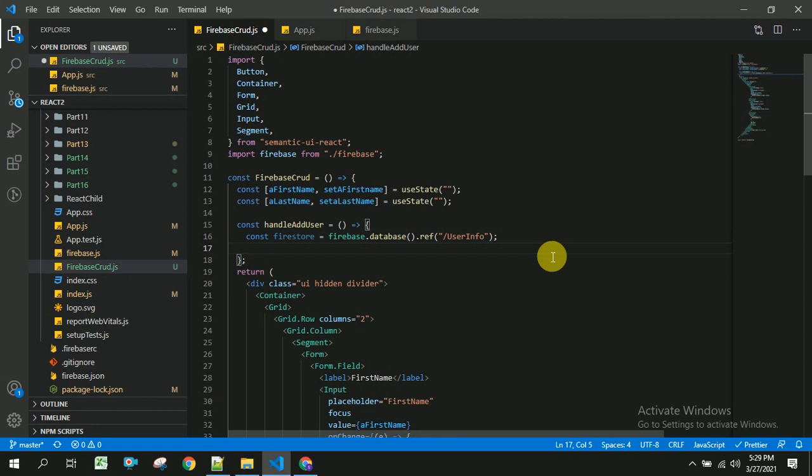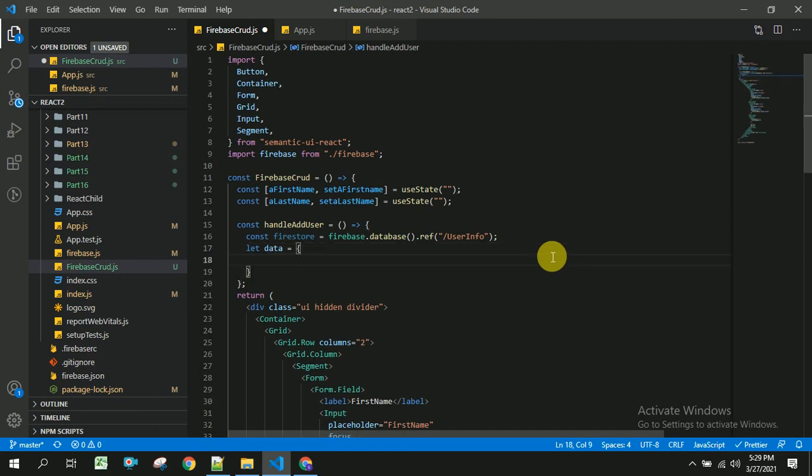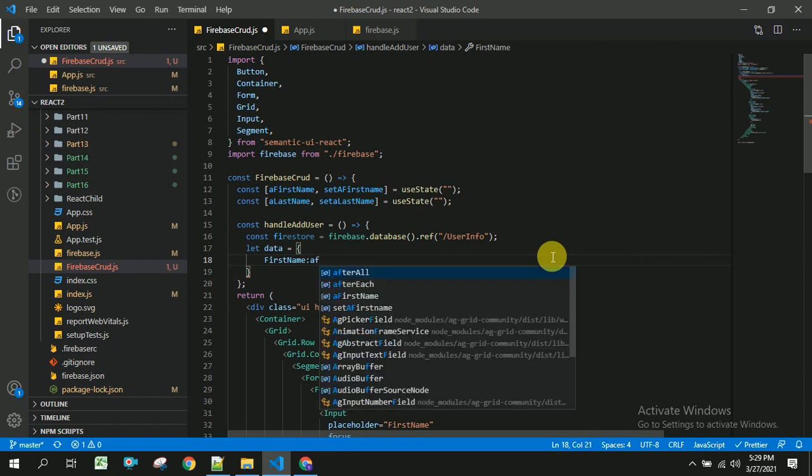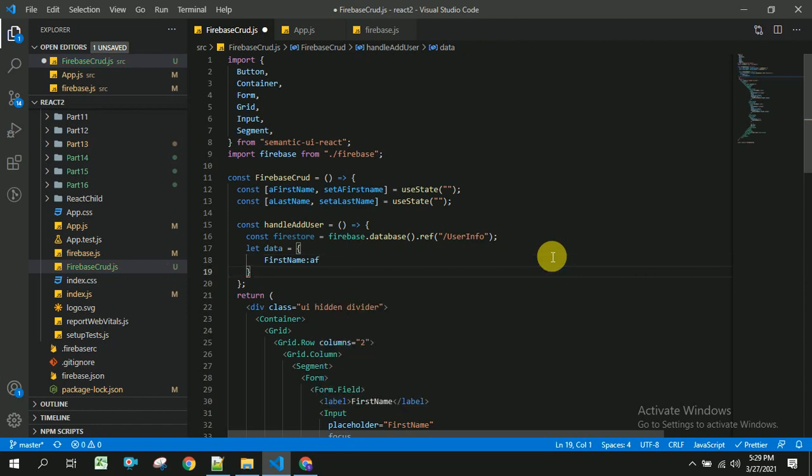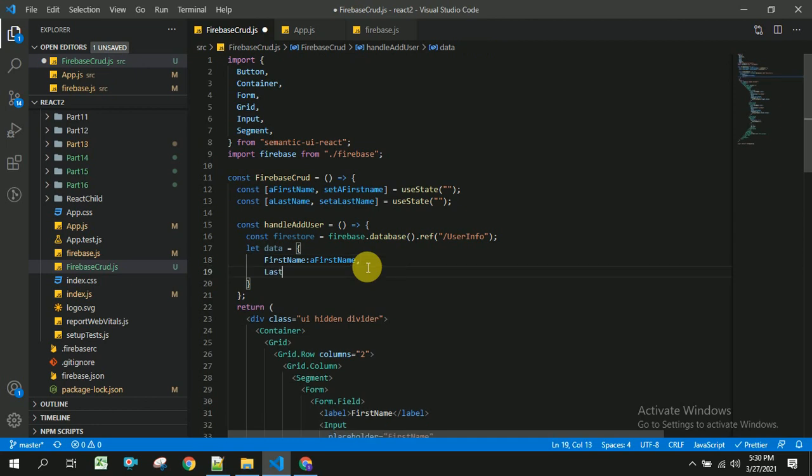After this, I am going to take an object called data, and inside this object I am going to create first name, and assign the value first name to the property we are going to create, and another one is last name, and this will be last name.